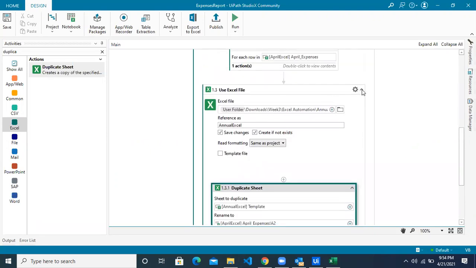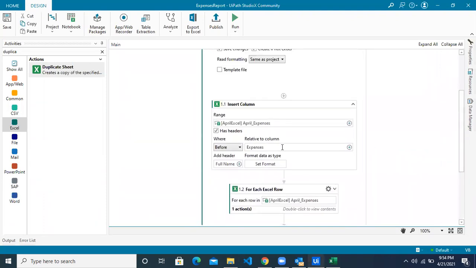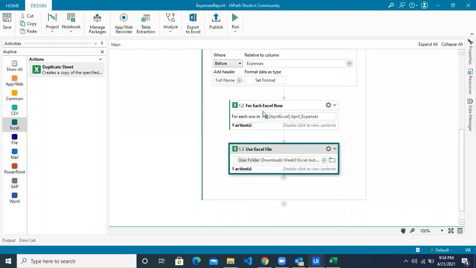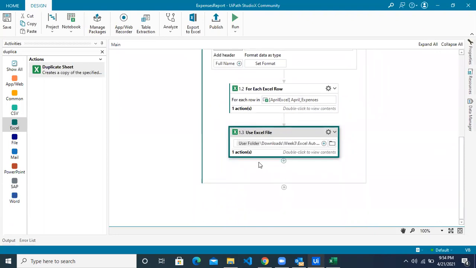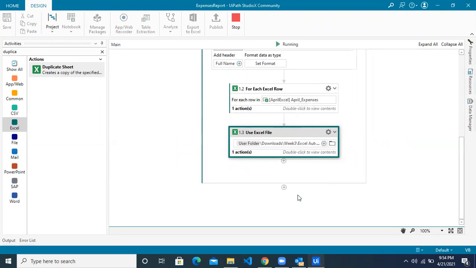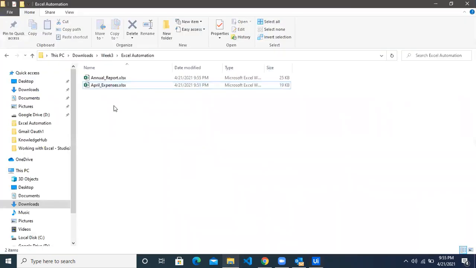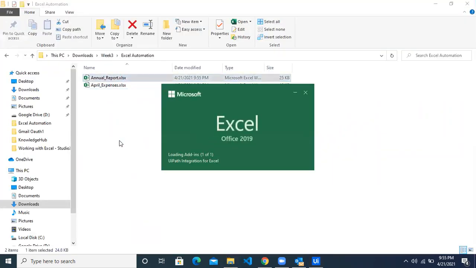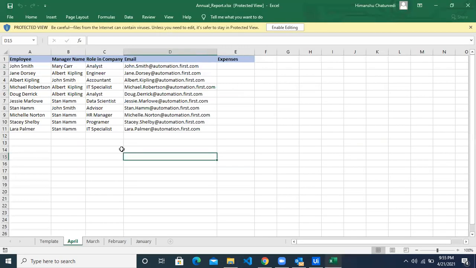So let's just run only this part of the activity because we have done inserting the column and filling up the full name column value. We now only want to duplicate the sheet. Let me just close this file and run from this activity. So it should now create a new tab in the annual report. Let's see how it goes. The Excel is being opened now and the run was successful. Let's go back to the annual report. And there we go. We have the new tab called April, and we have the same format